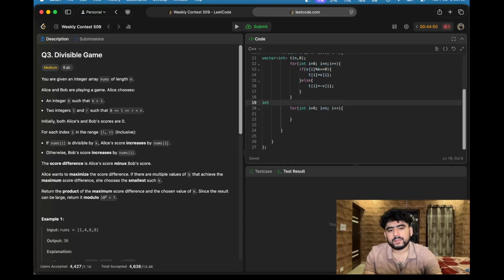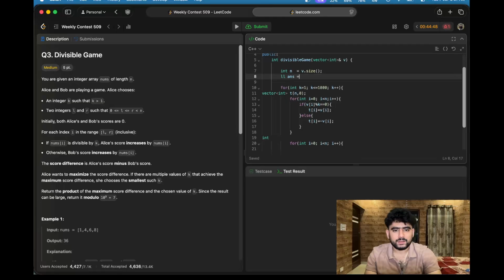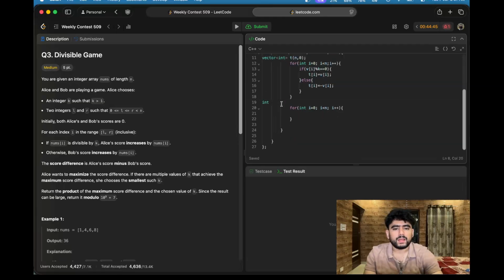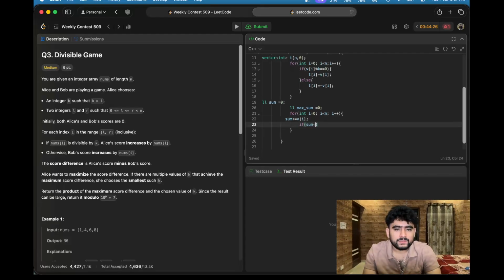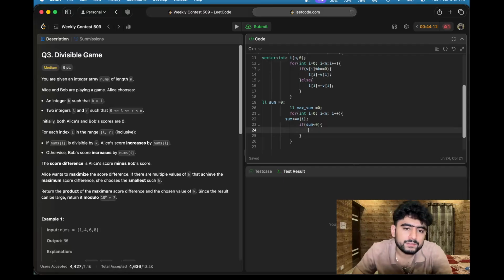So we have answer, initially 0, and ll sum, initially also 0, and then we do sum plus equal to t of i, and ll max sum is going to be initially 0, and if at any moment sum is less than 0,